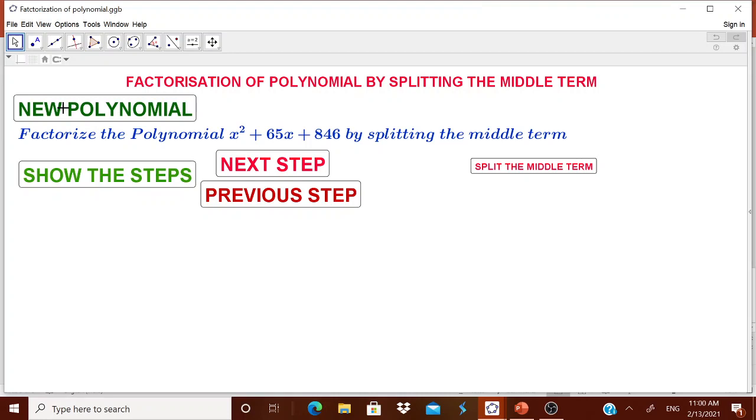Here you can restrict the numbers, maybe the roots or zeros, whatever you call, for the polynomial. Let it be going from minus 25 to 25 or minus 50 to 50. It is left to you. But it's a highly interesting one. Therefore, a new polynomial will come to them. They have a lot of practice over splitting the middle term factorization. Not only that, this idea is highly useful for them to solve a quadratic equation also when it comes on their way.